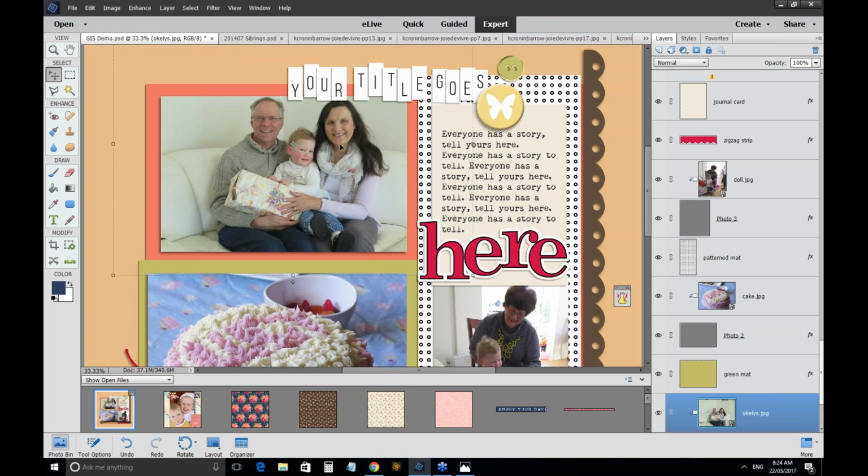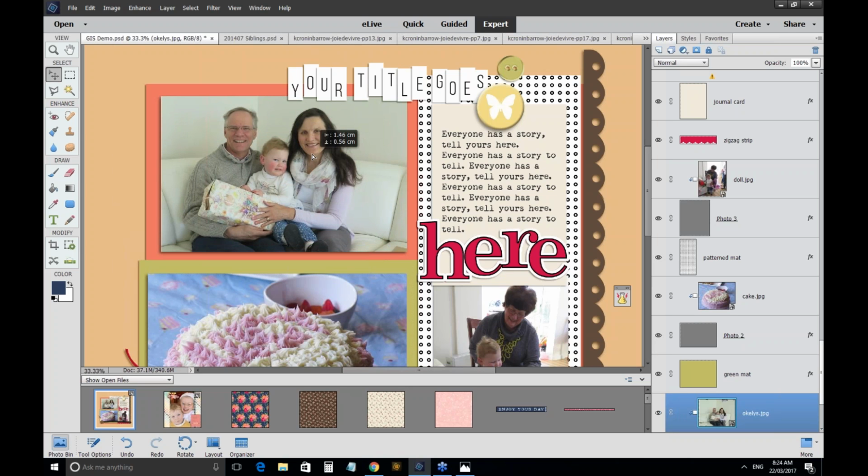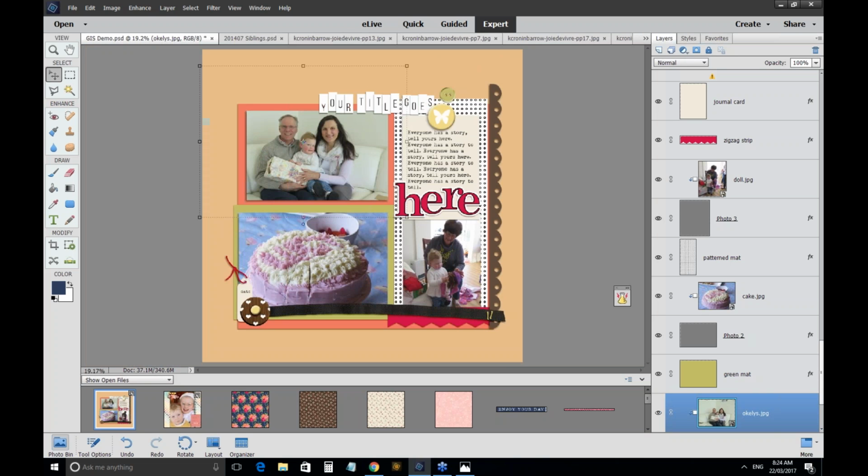Now this technique of creating a clipping mask is what we're going to be doing the whole time to create this page, and once you get the hang of that, it's going to be really quick to create the files. Now I'm just going to save my work. Make sure you save your work every few minutes. So it's looking great so far. I've got 3 photos in,